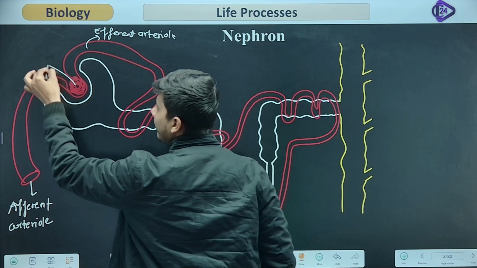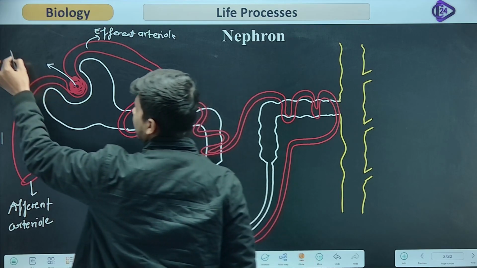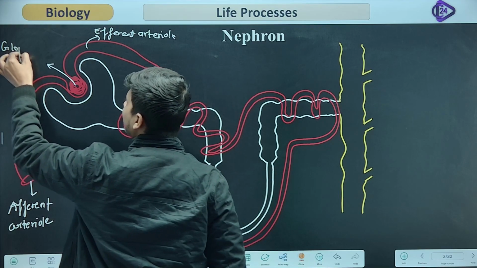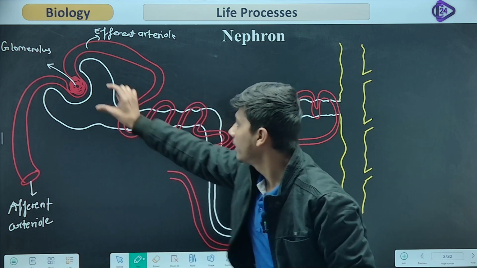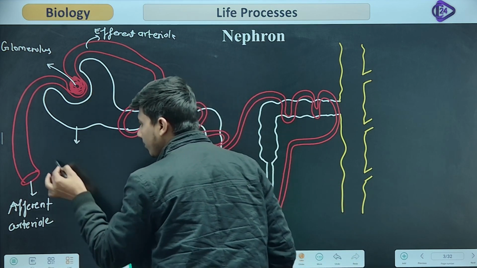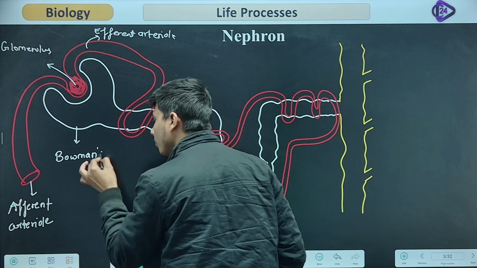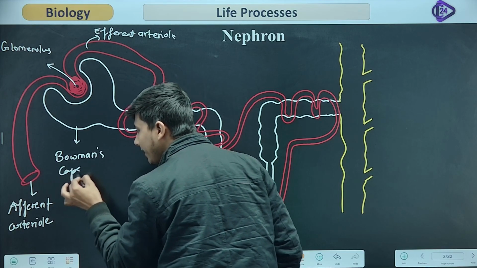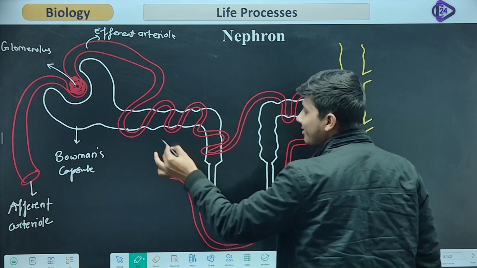Here it is divided into capillaries. The tuft of capillaries is called the glomerulus. The glomerulus is opening into a structure which is called Bowman's capsule. This structure is called Bowman's capsule. Then it is continuing into the structure which is called